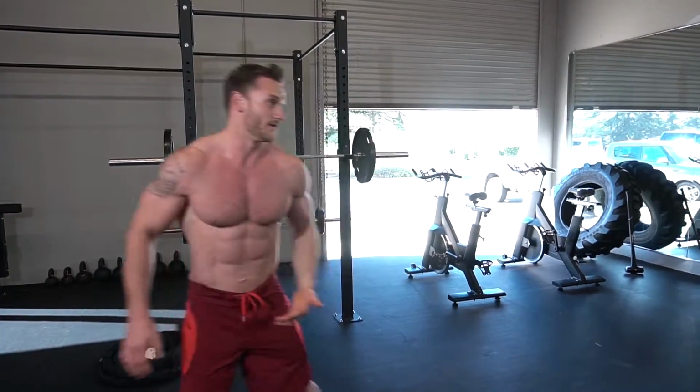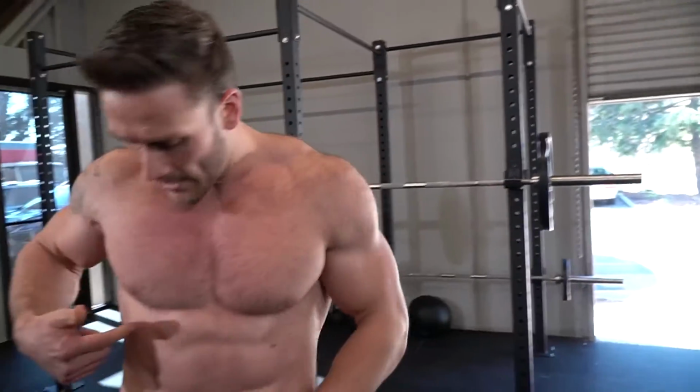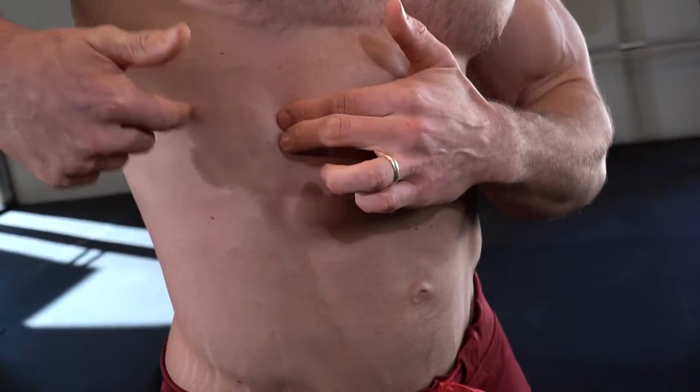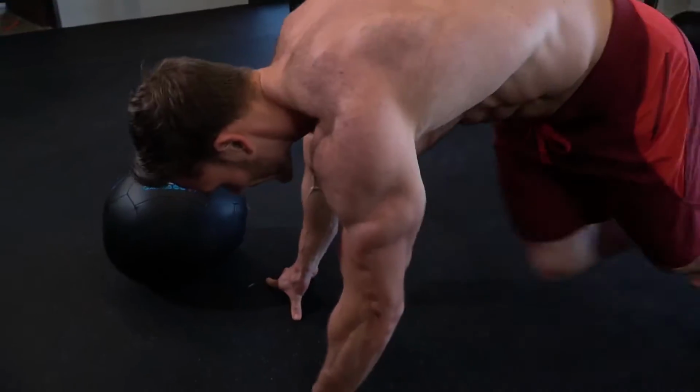Then of course you want to repeat that on the other side. Start going through this after your workouts. It makes a very, very distinct difference in the shape of your abs. In particular, you'll start seeing more shape and more lines coming in through there, especially with this side movement, this side plank. What you'll notice is if you do a regular plank on your side,